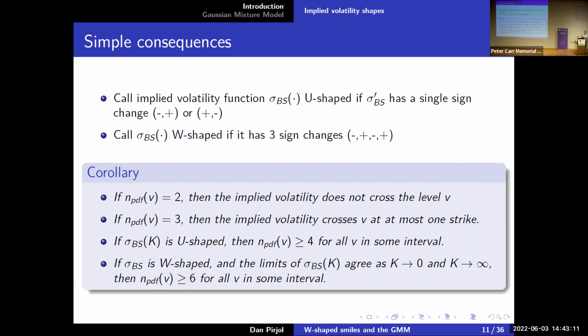So if someone gives us the number of crossings of the risk neutral density with the log normal, and that's 2, this density is crossed exactly twice, then we can tell immediately that the implied volatility will not cross that level V. If the density is crossed 3 times, then the implied vol crosses only once, and so on. So that tells you that to have a W-shaped implied volatility, you need to have a very wiggly risk neutral density, which crosses a log normal at least 6 times. So it must wiggle around the log normal. It's a very unusual risk neutral density, but apparently this is realized